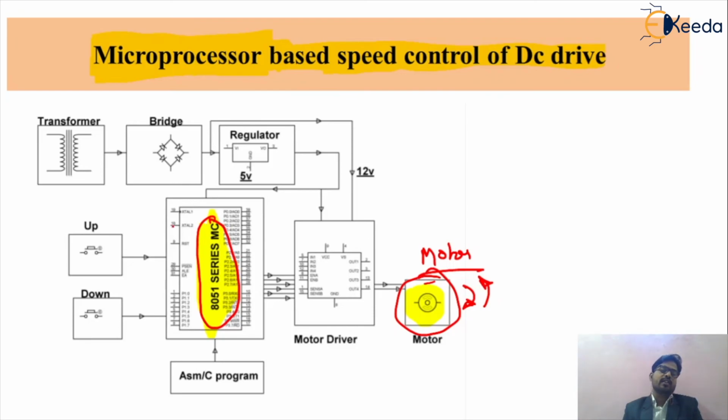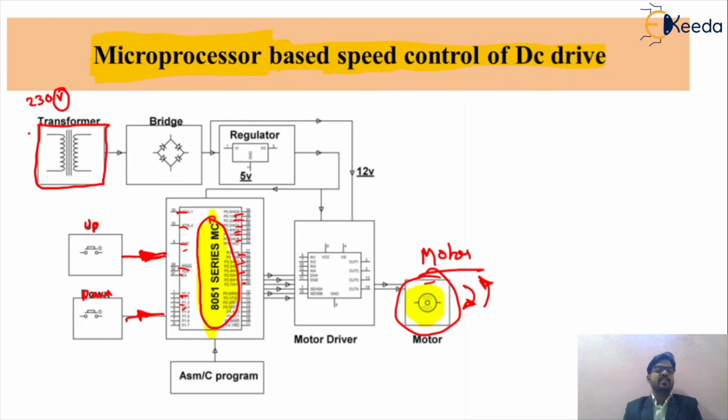This is the 8051. These are the different ports of your microprocessor we are using for the speed controlling technique. There are different ports: port A, port B, port C, port D, port 0. For that, we are giving some signals as input to your microprocessor. First signal is up, second signal is down, meaning we want to control the value of such microcontroller signal. So first, we can understand starting from the simple thing. First thing, we are taking the transformer. What will be the function of your transformer? The transformer will be a step down transformer. Okay. So basically we are having a 230 volt AC supply.